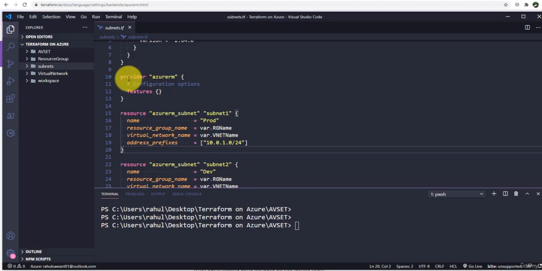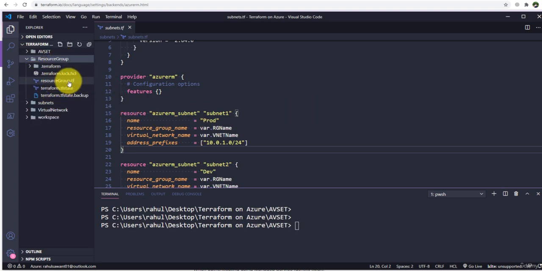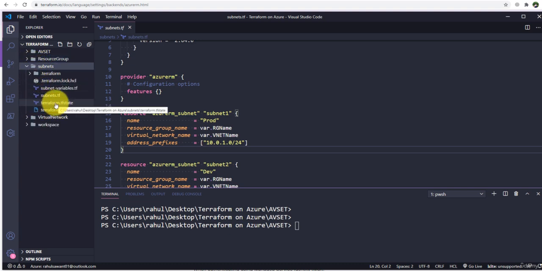Let's take an example. For now we are just creating this folder. These folders are nothing but our configuration directory, or the current directory, and inside this folder we are using our main.tf file for creating the resources, and then we are storing the terraform.tfstate file in the same directory. If we are creating a resource group, we store that in the resource group directory. If we are creating a subnet, then we store that terraform.tfstate file in the subnet directory. This is not the right way, or not the recommended way, to store that tfstate file, because